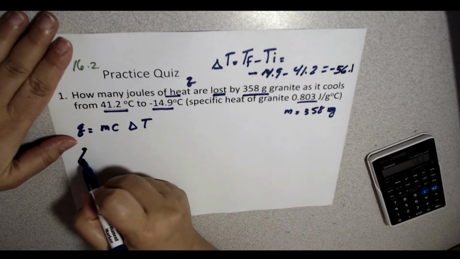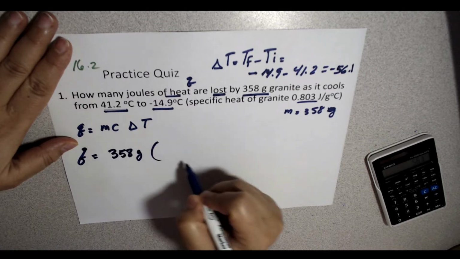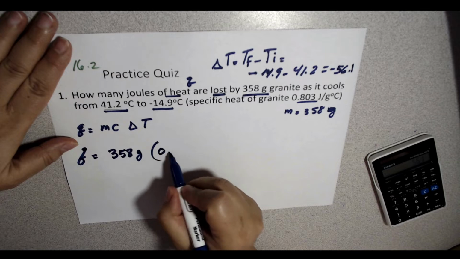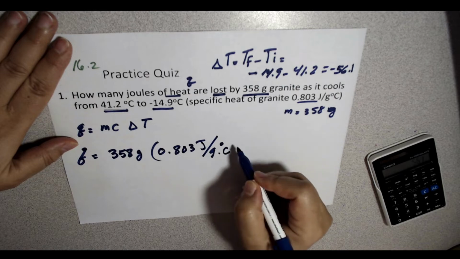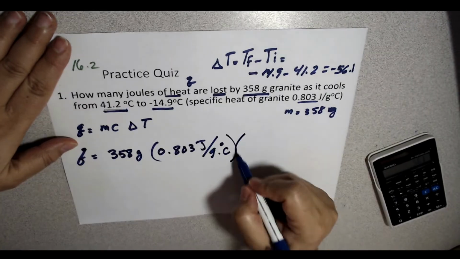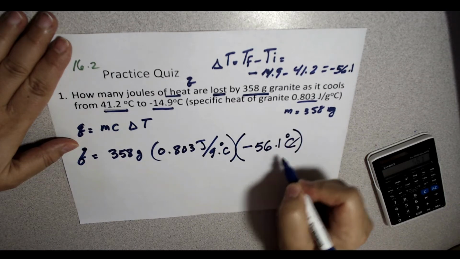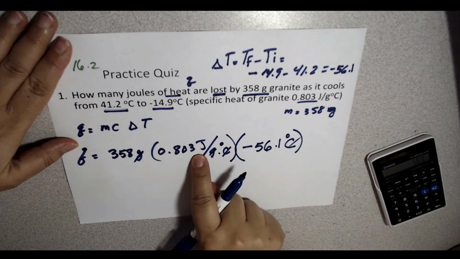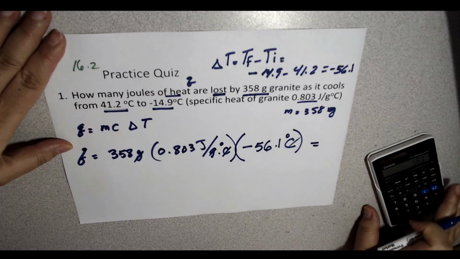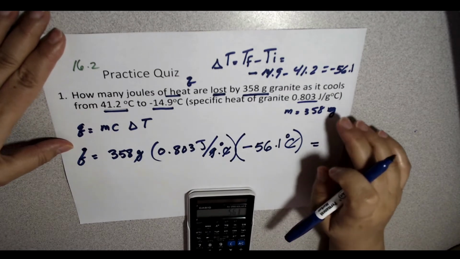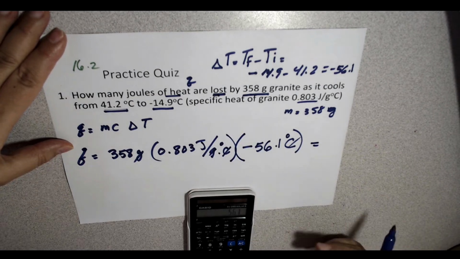So Q equals M, which is 358 grams, times C, which is 0.803 joules per gram degree Celsius, and delta T is negative 56.1 degrees Celsius. Grams cancel out and we end up with joules. So all we have to do is multiply all of them together. The only difference between this one and 16.1 is that loss of heat, gain of heat, that we pay